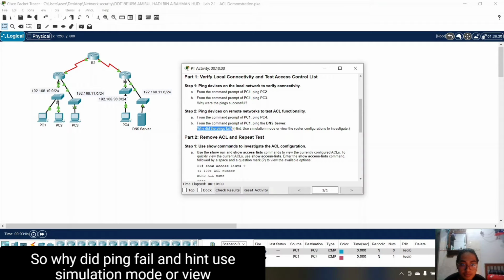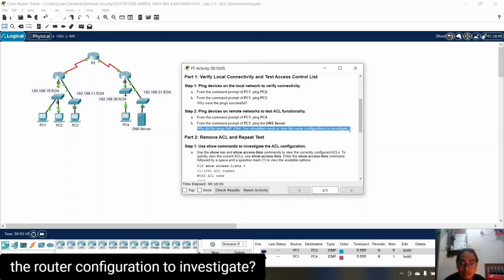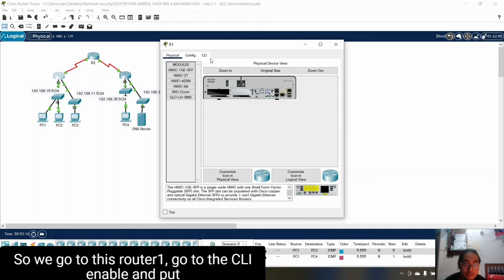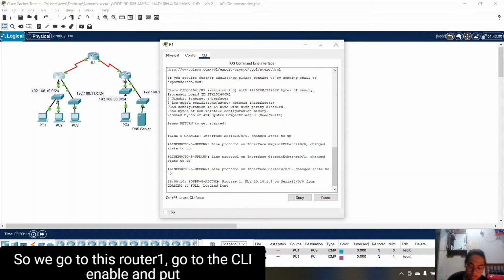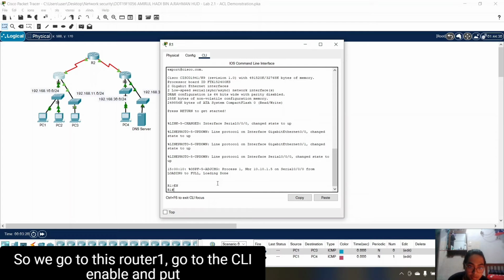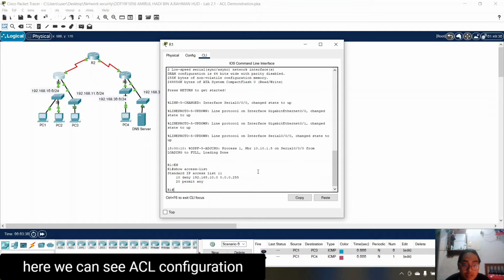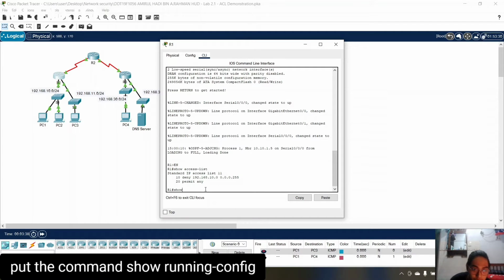So why did the ping fail? The hint is to use simulation mode or view the router configuration to investigate. So we go to router R1, go to the CLI, enable, and put the command show access-list. Here we can see the ACL configuration. Now we go to show running-config.